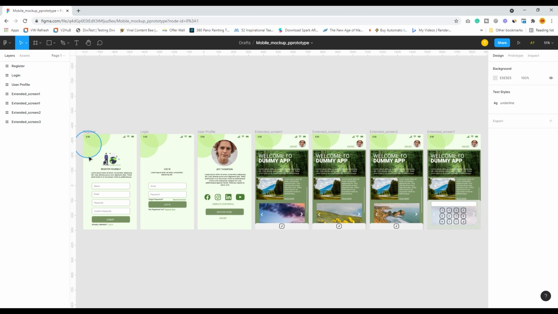You can take it as a registration, sign up process, sign in process, login process of an app which, for example, can be a travel app, it can be a photography app, whatever you want to do, but it is a basic app that can give you an idea how to create any sort of mobile prototype.